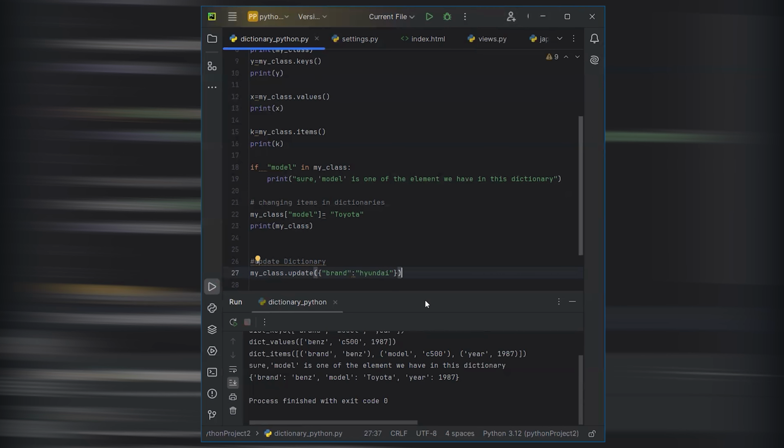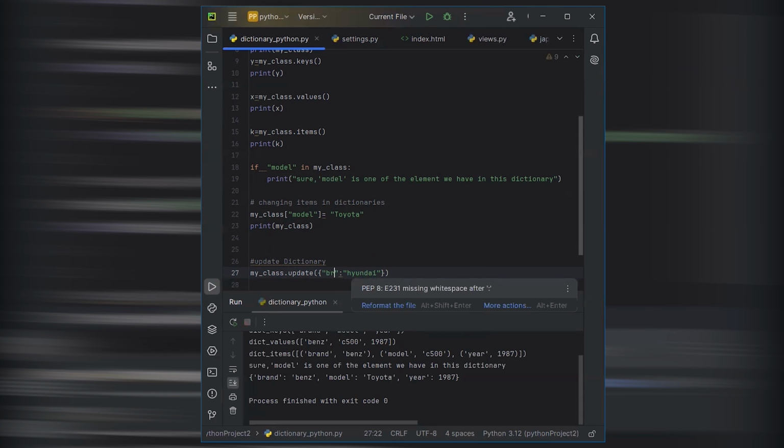By the time you run the program, you can see my class dot update. Something seems to be wrong. Let me see. I'm trying to understand the brand and I'll change it to